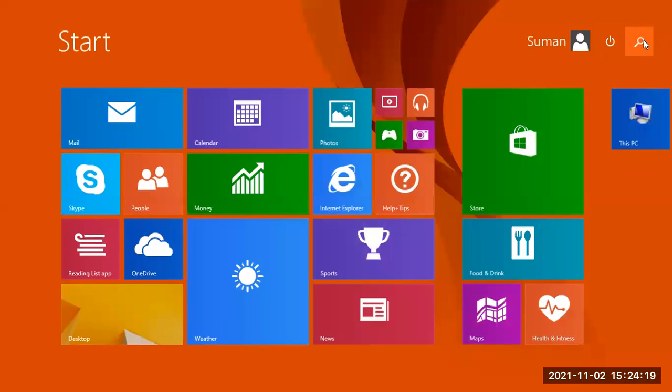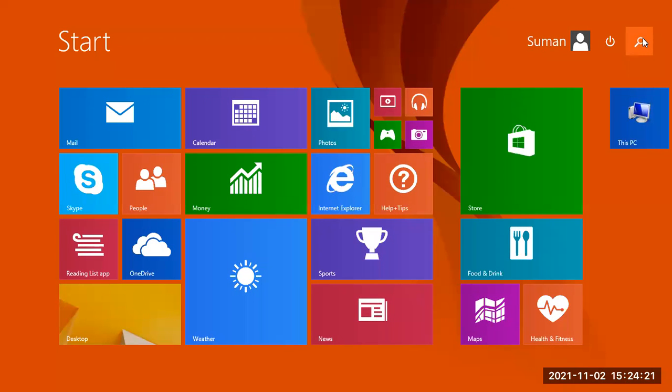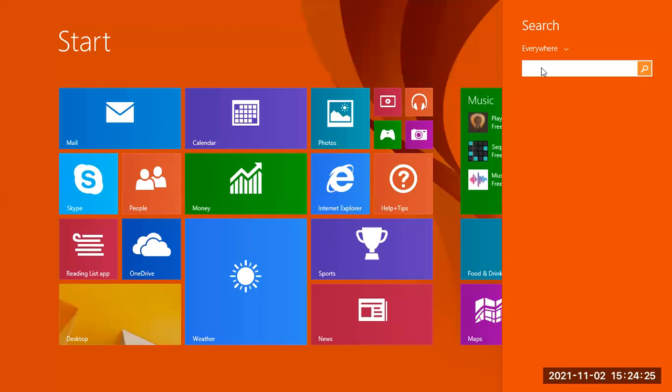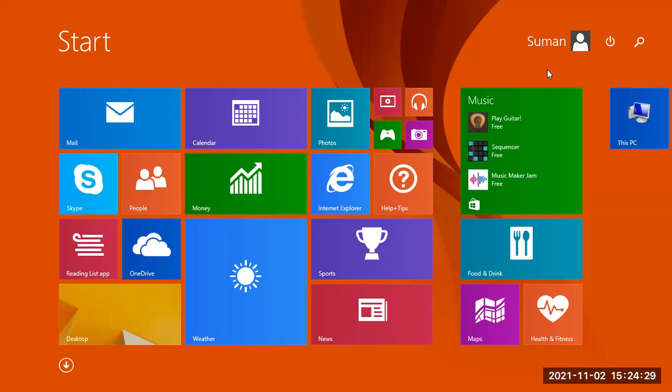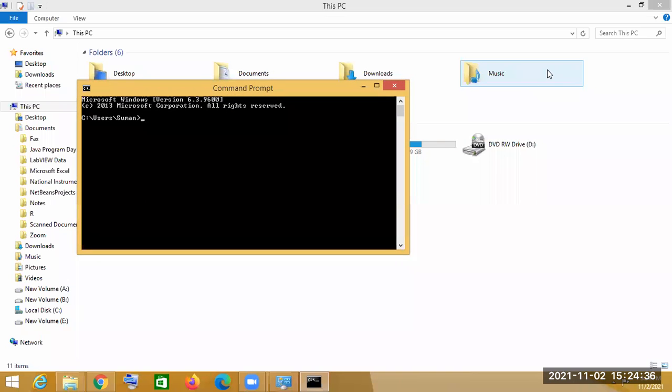After pressing OK, open the CMD, that is the command prompt. Open the command prompt and write this code: java -version.